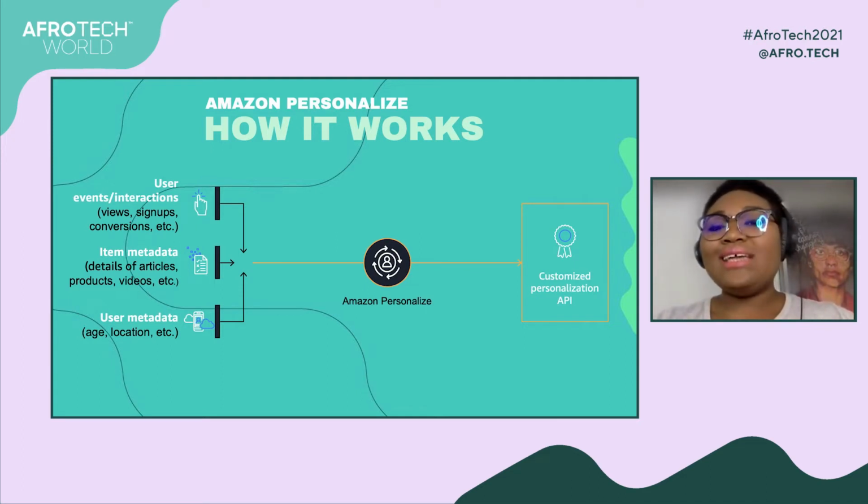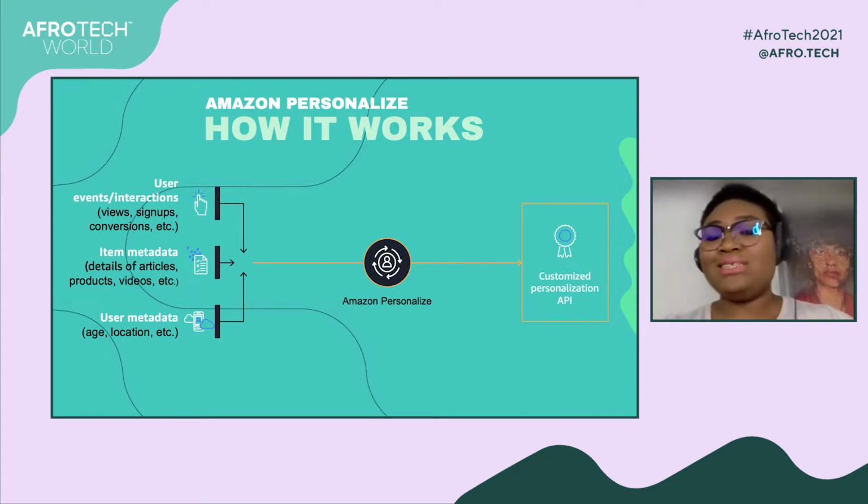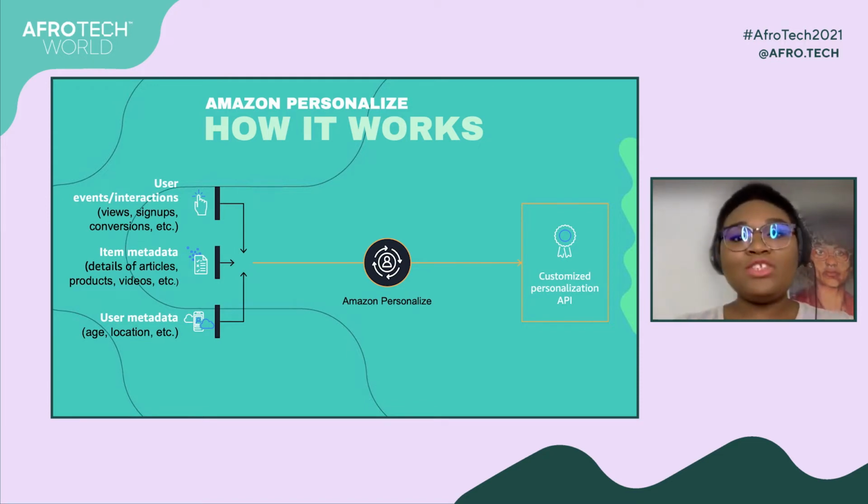There's also the item metadata. Think of your item metadata as the catalog of products: the details about the product, the description, the price, and whether there are any promotions related to that product. These could be items in retail. This could also be flights. This could be literally anything that your users interact with. And what you get as a result is a customized API, based on all of the inputs, the algorithms, and the fine tuning,